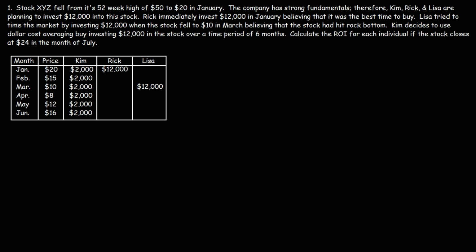And what this does is this neutralizes the impact of short-term volatility. It also prevents you from timing the market, which will take a lot of time and research to do. And it's very difficult for anyone to accurately time when the market's at its bottom or when it's at its peak, because there's a lot of variables in the equation that we're not aware of. So dollar cost averaging is a passive investment strategy that takes the guesswork out of trying to time the